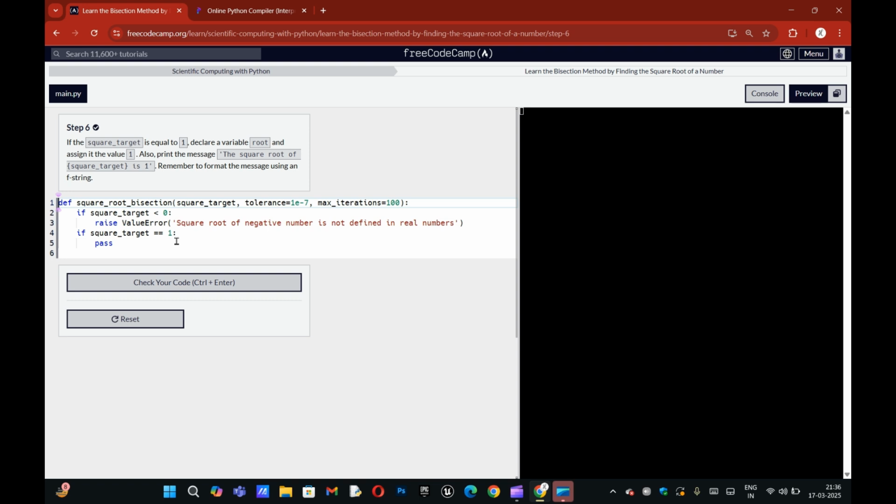So we'll just print the message. I'm pretty sure we have to do an f string here.